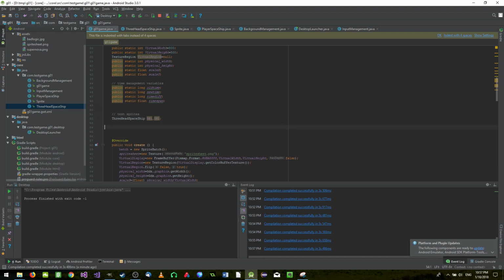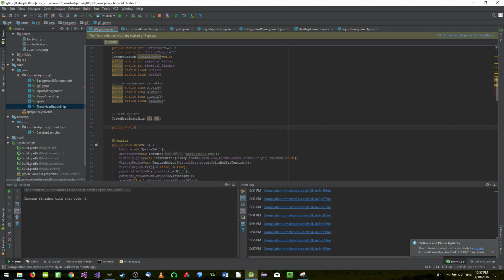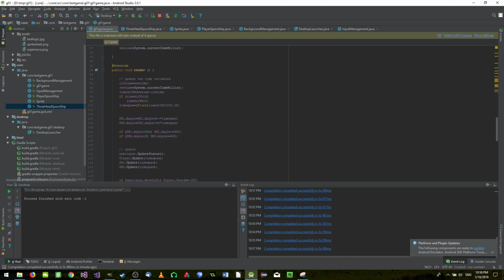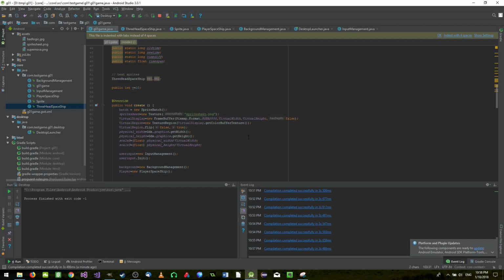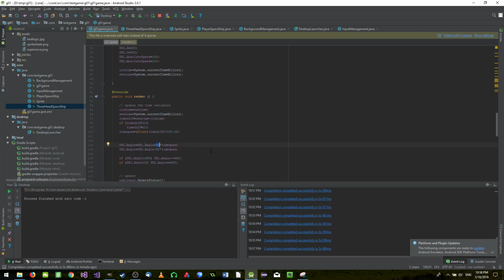I will do the following. I will just say public int v equal 10, right? So here what am I going to do is the following. Maybe instead of 10 make it 90. Okay, so where's our friend here? So here we are going to use v, and this is going to be v. Okay, so now I will say if v is greater than,